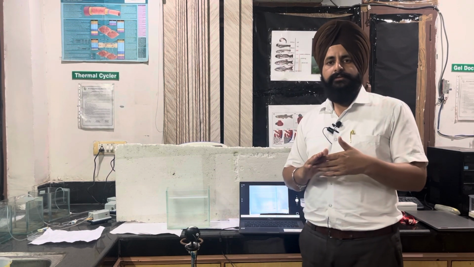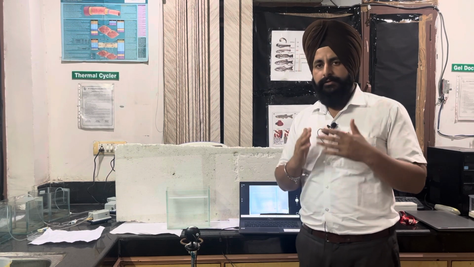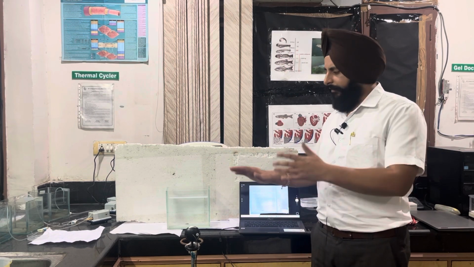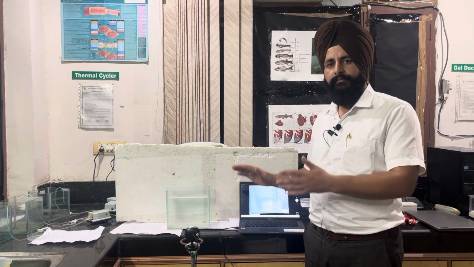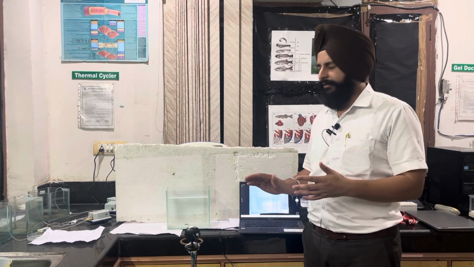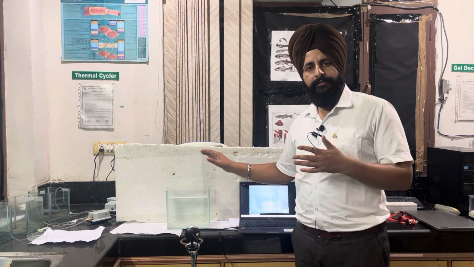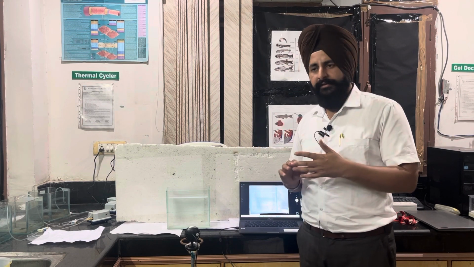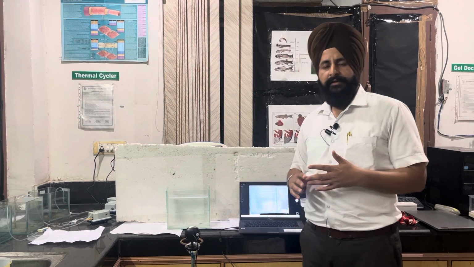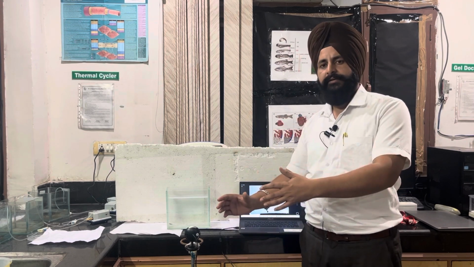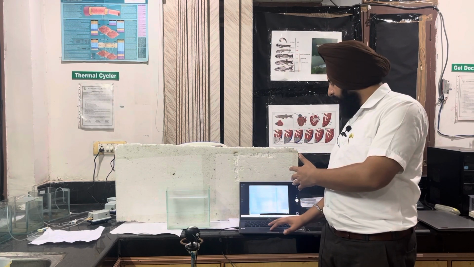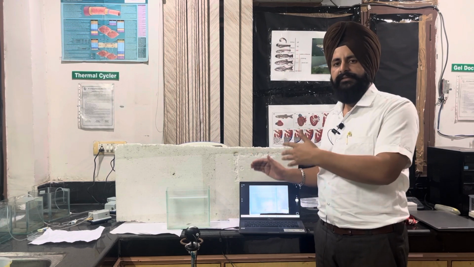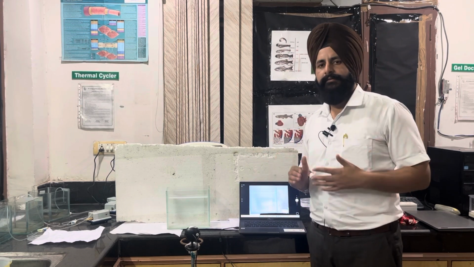So I will discuss how you can do your practical. First thing, you will keep all the things neat and clean so that you can perform your practical very well. The second thing, your novel diving test tank should be filled with normal tap water up to 80%. And the third thing, you will put in one zebrafish. And the fourth thing, you will fix a webcam and record the movement of your zebrafish in the webcam, using animal tracking software with a webcam camera.